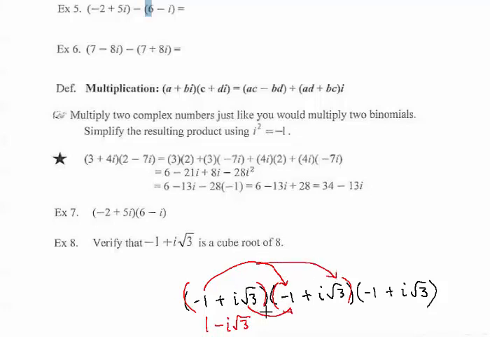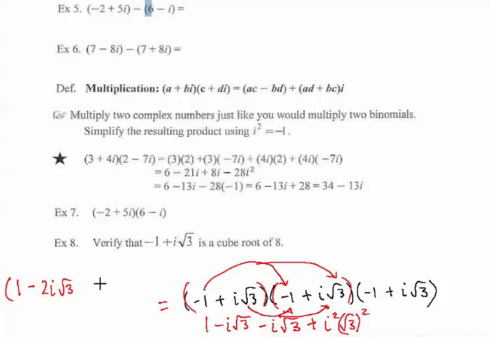okay, I've done these top two. Now I need to take i square root of 3 and multiply it times the -1 and then itself, and so I end up with another minus i square root of 3, and then I end up with a plus i squared and a square root of 3 squared. Okay, just this last term in the binomial multiplied by itself. Okay, this works out to be 1 minus 2i square root of 3, and then we have the square root of 3 squared,